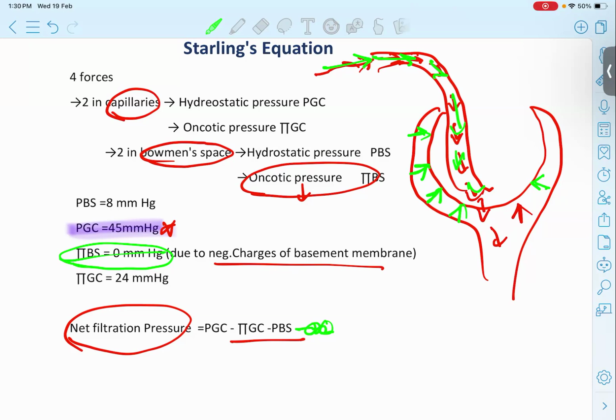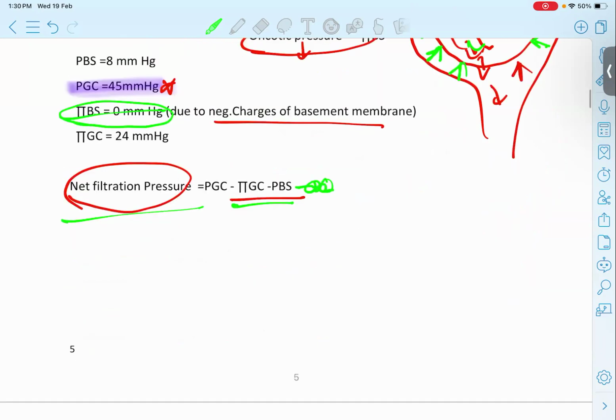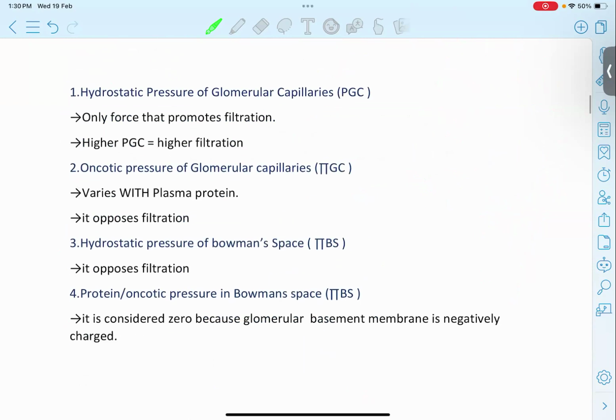Now next is the oncotic pressure of glomerular capillary. Oncotic pressure of glomerular capillary is the opposing pressure. It does not help in filtration. It is the opposing pressure, so we will subtract that. And this is the net filtration pressure equation. So if you understand till now, then